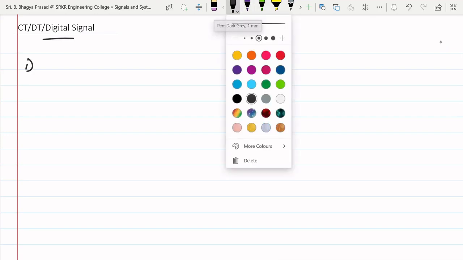Hello. Today we are going to discuss continuous time signal, discrete time signal and digital signal. So let us see what is continuous time signal, discrete time signal and the digital signal. So first, continuous time signal. In this continuous time signal,